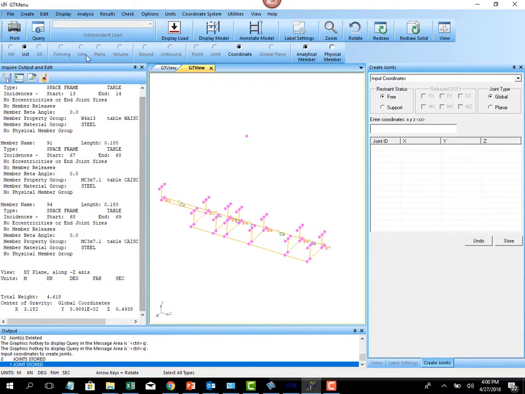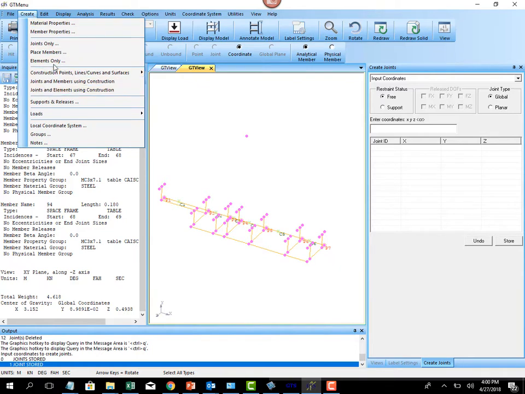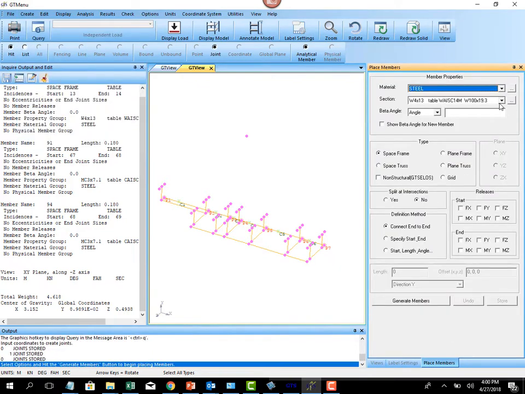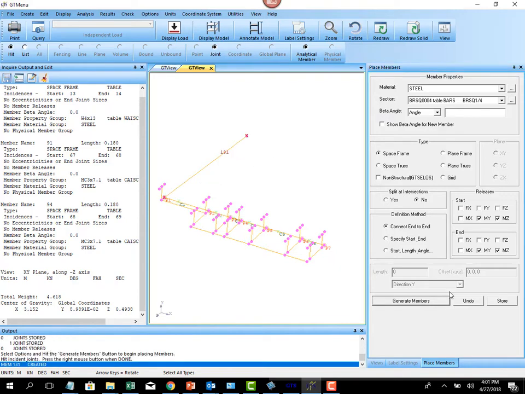Now what we can do is go to create, place members, and here we can draw those cables. So we're going to take the bar elements, and we're going to release the MY and MZ at both the start and the end nodes for these. And then I'm just going to say generate members, and we'll just connect the dots to where this skid needs to be attached. So here we can place one there, place one here,